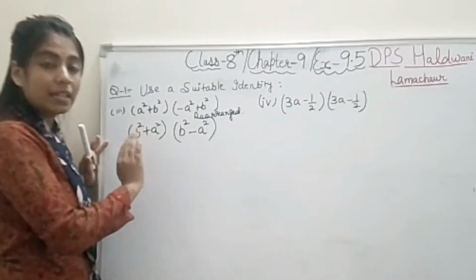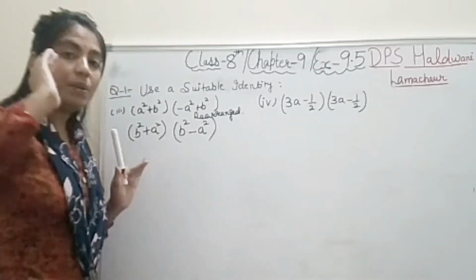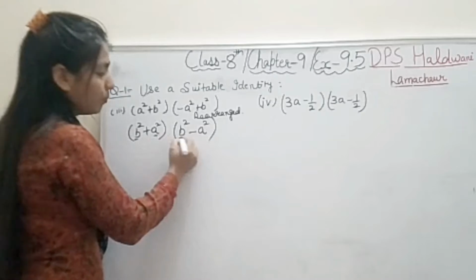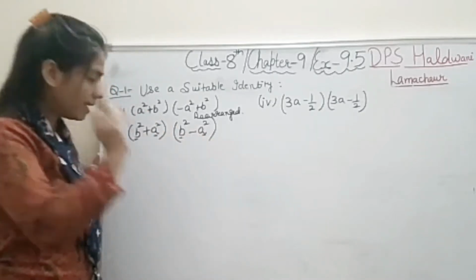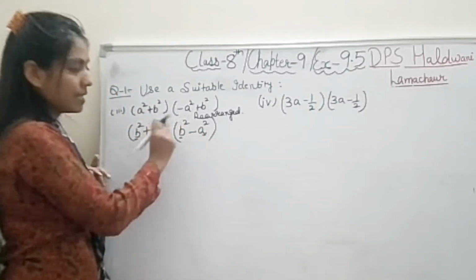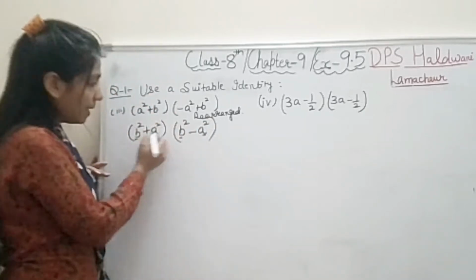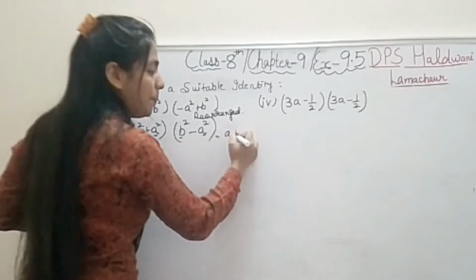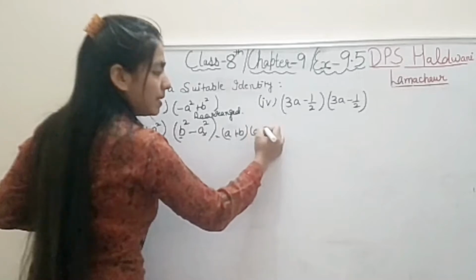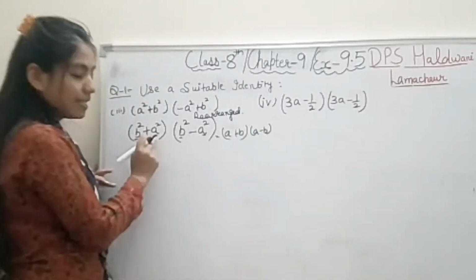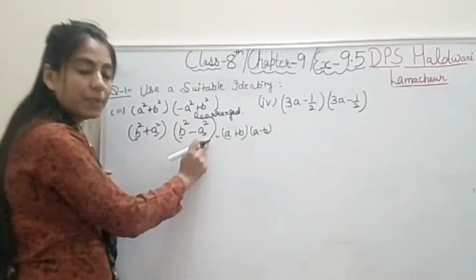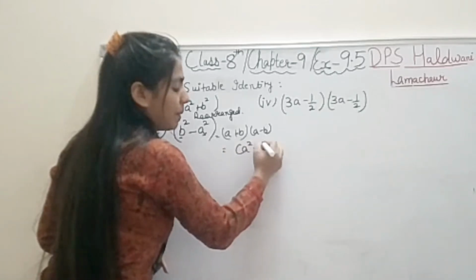Both places terms are same, here is B square, here is B square, here is A square, but signs are different, plus and minus. So the formula is A plus B, A minus B, where this is A, this is B, this is A, this is B, is equals to A square minus B